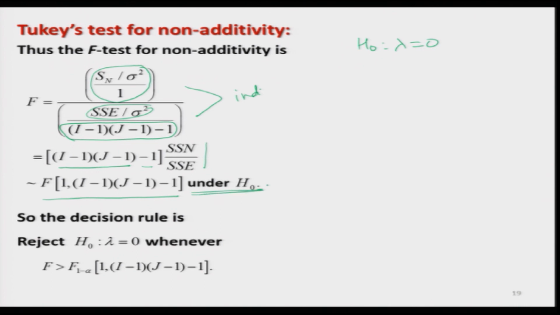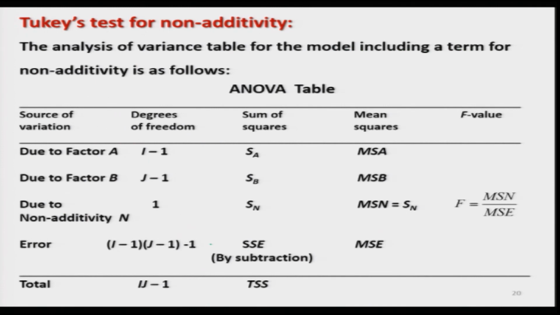So, now the decision rule comes out to be reject H naught whenever F is greater than F with 1 and (I minus 1)(j minus 1) minus 1 degrees of freedom at alpha level of significance, right. So, now you can just compile all the results whatever you have obtained in the form of the ANOVA table, and the initial ANOVA table, when there was a confusion that the error degrees of freedom were 0, this is now solved. And you can see here that the ANOVA table for testing H naught lambda equal to 0 is